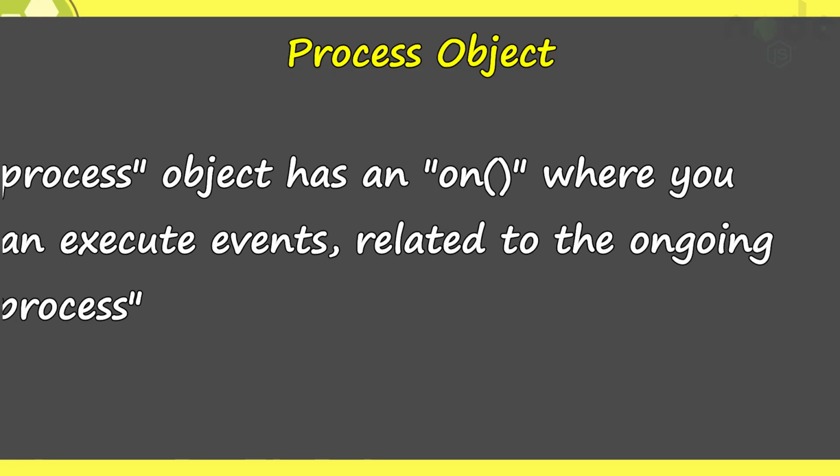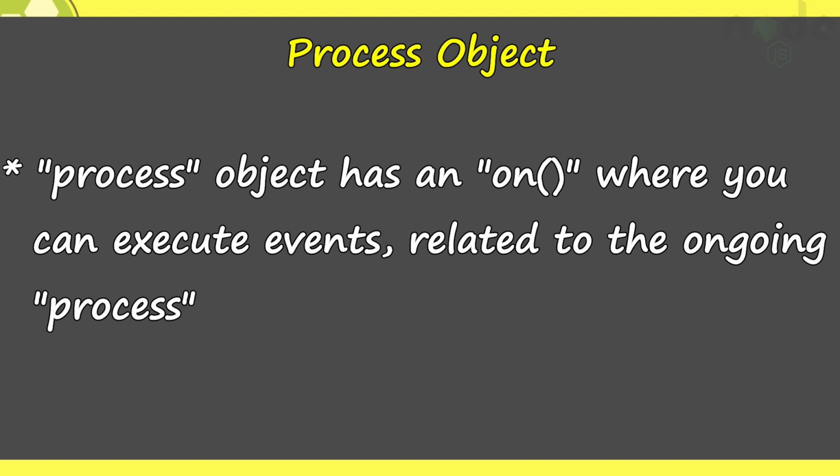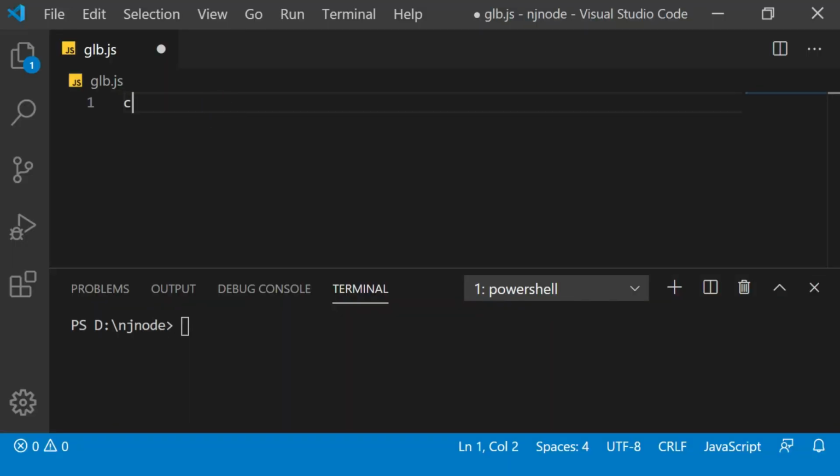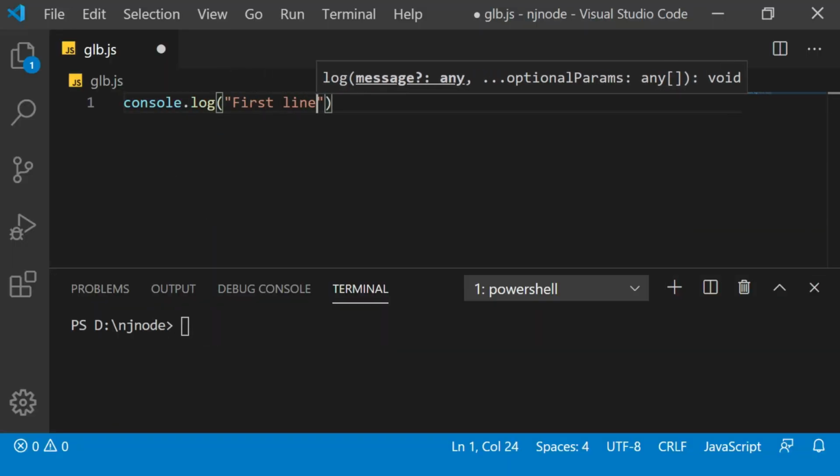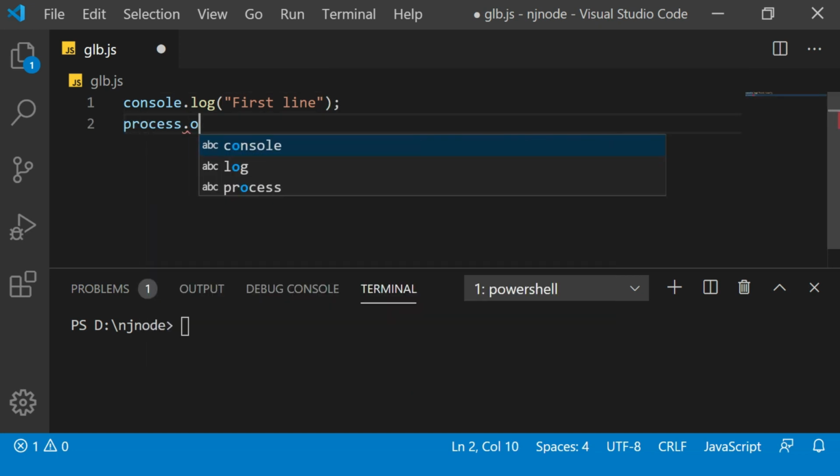Let's check one more practical example. The process object has an on method where you can execute events related to the ongoing process. Assume that you want to execute some code before exit of the application. Let's check this through a program. I'm going to write console log first line, then I'll say process.on.